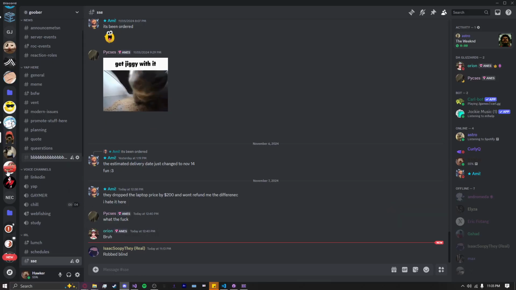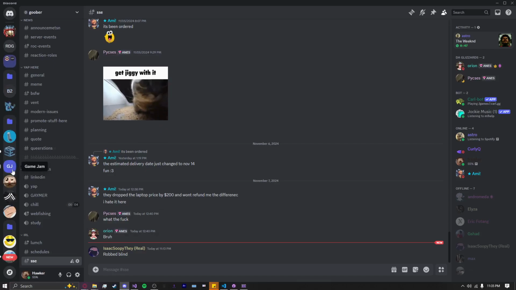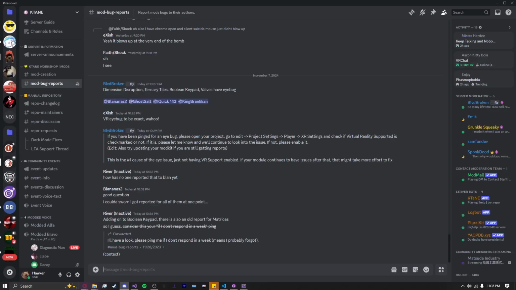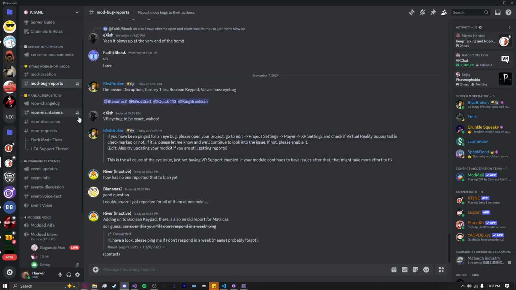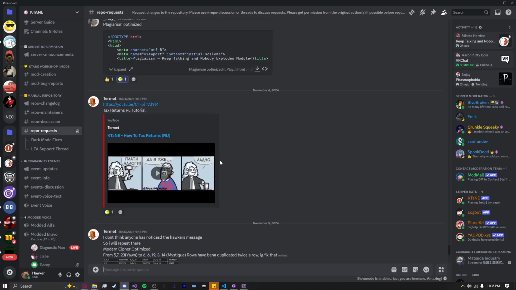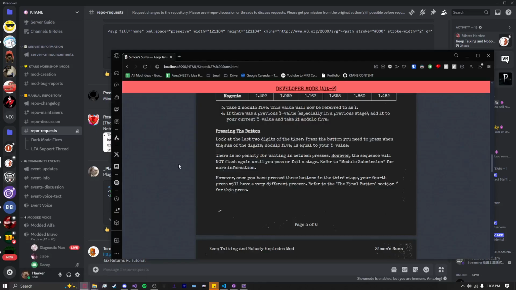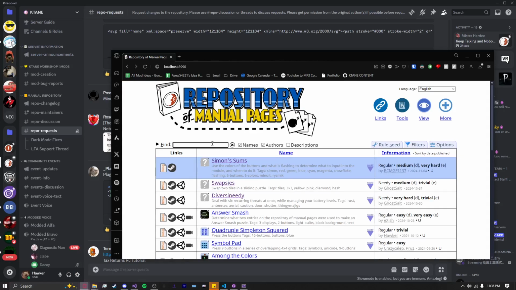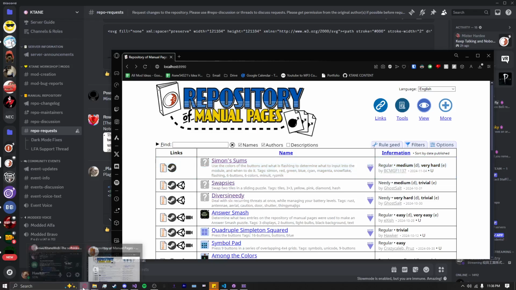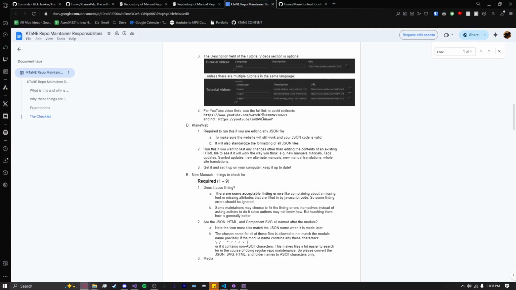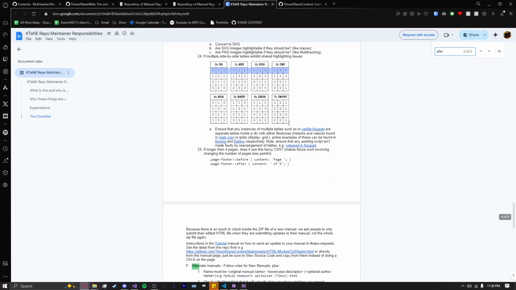So let's go back to the KTANE server. And if we go on repo requests, there is plagiarism optimized. And this is what we call an alternative manual, which is slightly different than a new manual, as the name implies, it's an alternative to a manual that already exists. So if we look at the checklist and type in alternative, we can see right here,